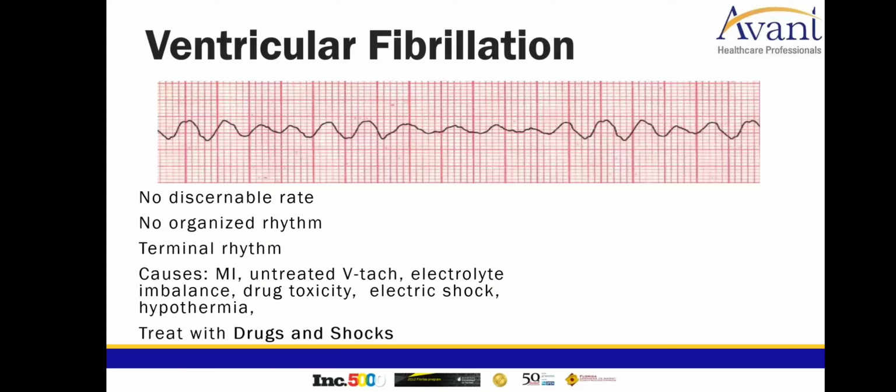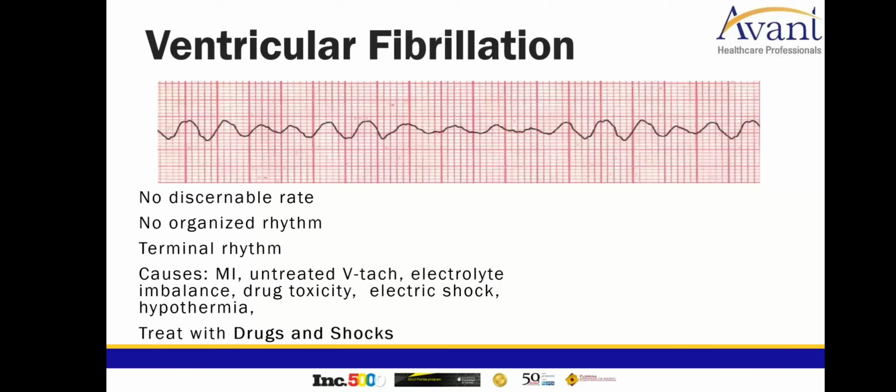So there's no discernible rate, no organized rhythm, and this is something that you would do with an ACLS protocol. You would be doing CPR and defibrillating as soon as possible. VFib can imitate electrical interference with telemetry equipment. So make sure that when you see a rhythm like that, you're validating that it's a true VFib,